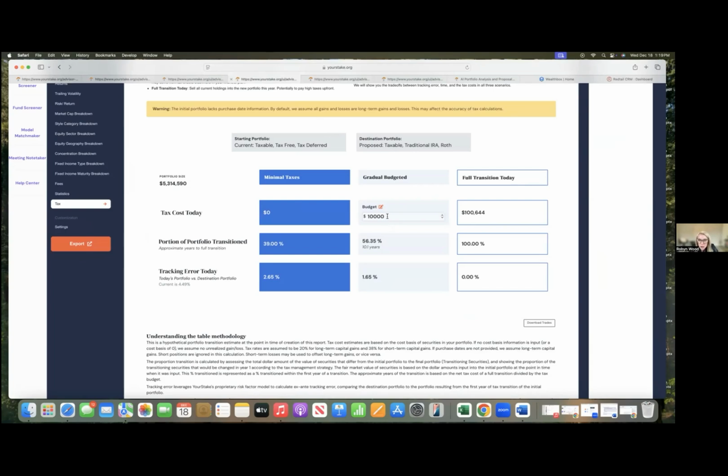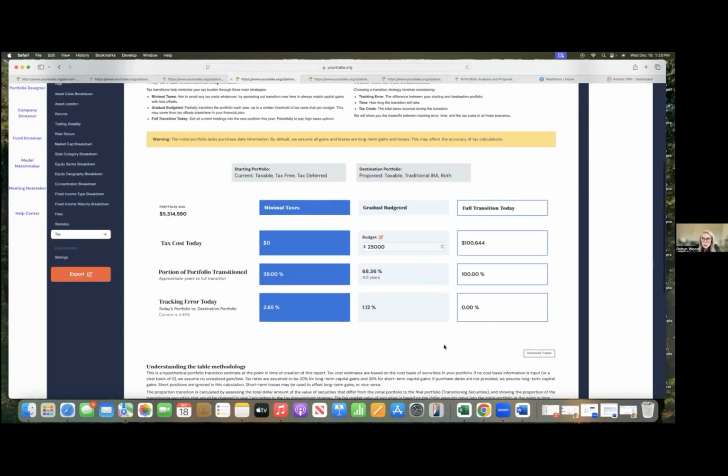I can also change the budget. So maybe my client is willing for this event to cost $25,000. So I can just edit that, and then we'll see we're able to transition a greater portion of the portfolio. It'll take a little bit less time. And of course, the tracking error between what I started with to what I want to end on is much less. We can download these trades to see what we need to sell, what we should use those proceeds to